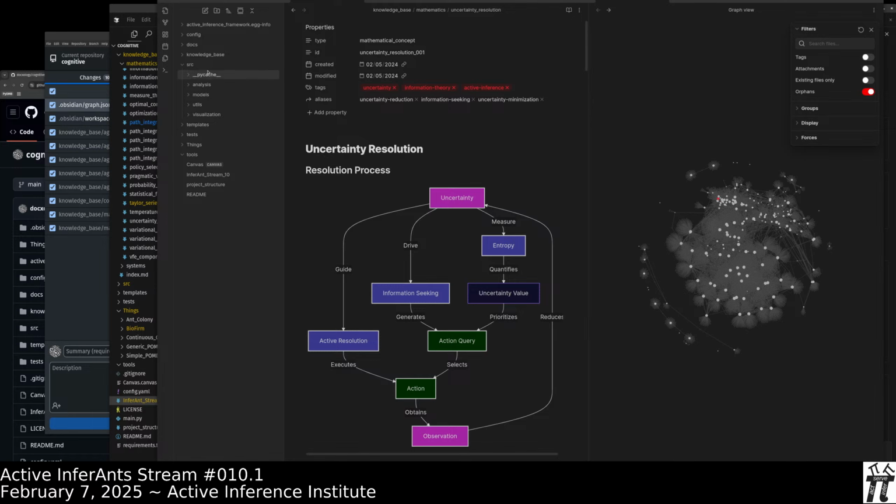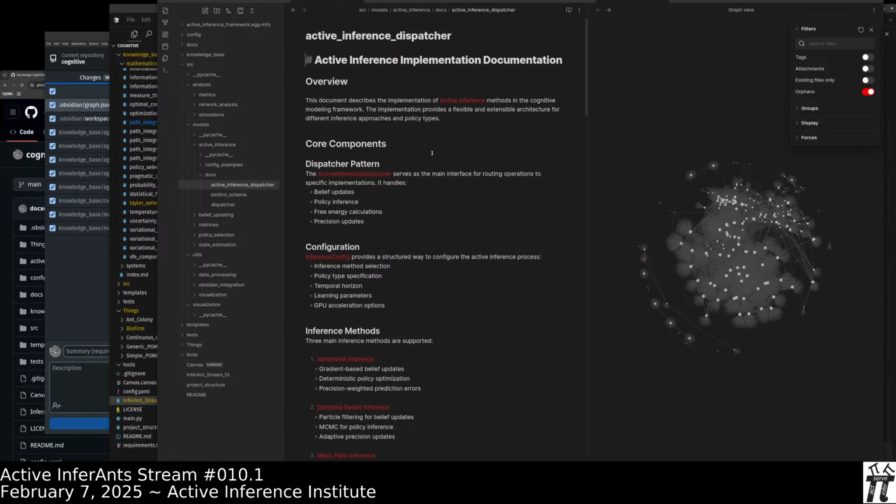Here we get into the SRC or source file. Here is where we can start to explore reliable, disintermediated calling of abstractions for operational approaches to active inference systems engineering. So this is a dispatch. It's kind of like calling an operator.